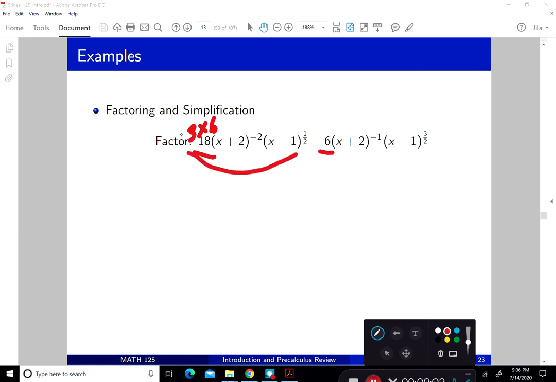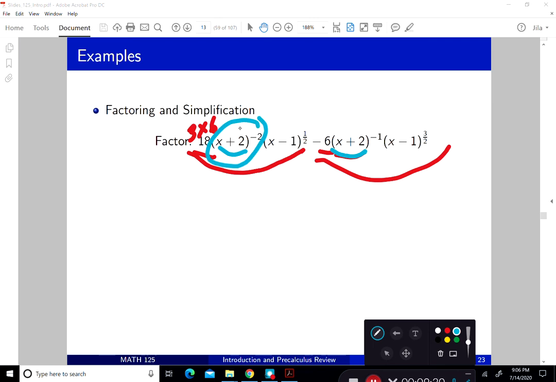Basically, this is the first term, this is the second term, and 6 is the common factor. Then I look at another common factor between the two terms, and that would be x plus 2. And x plus 2, one is to power negative 1, the other one is to power negative 2. So this is the